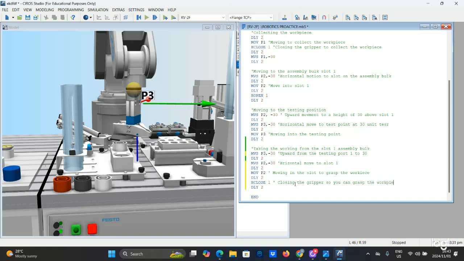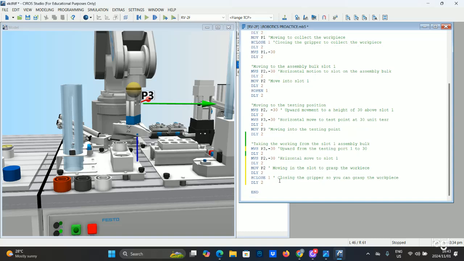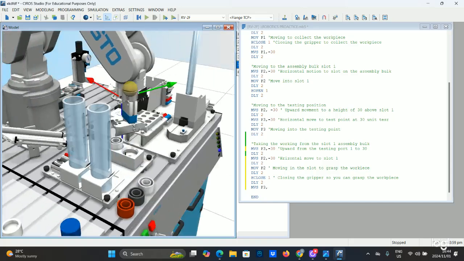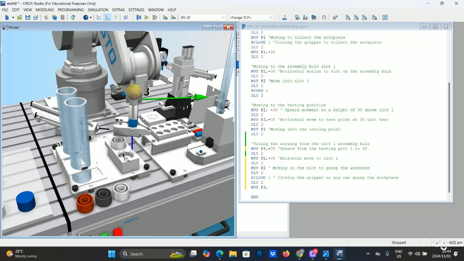the workpiece, right? And then now from here, after you grasp the workpiece, you have to move up. So you do an MVS again above position number 2, right? But since you can't move straight here, as you can see, the workpiece is inside the assembly block here, right? So if you just move straight using MOV, it will create an obstruction within here. So you have to move the workpiece up to minus 30, right? And then you delay